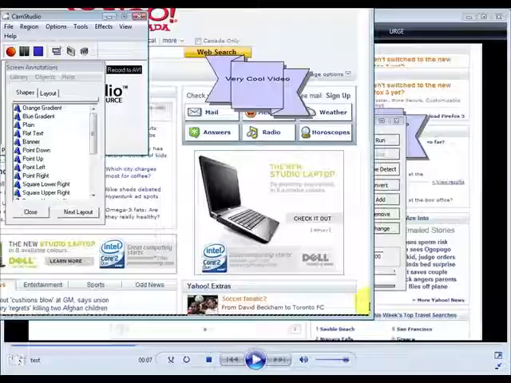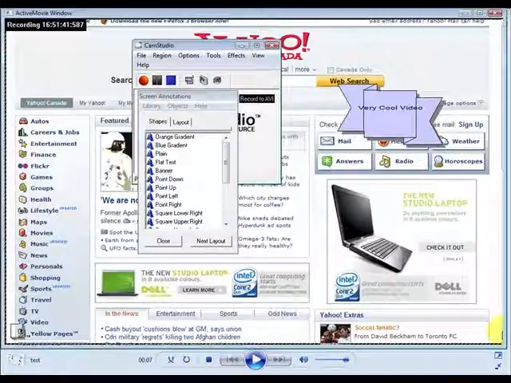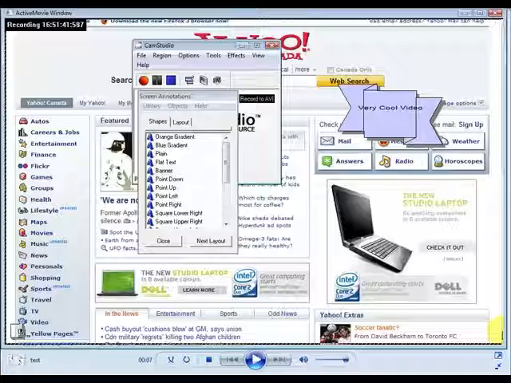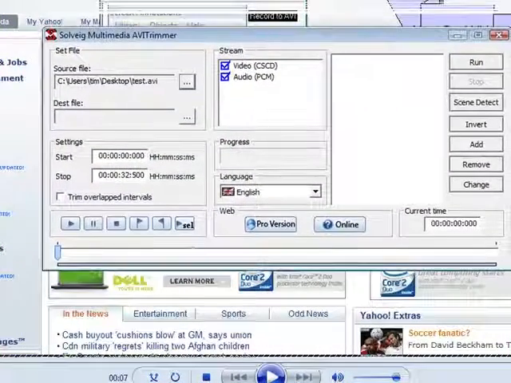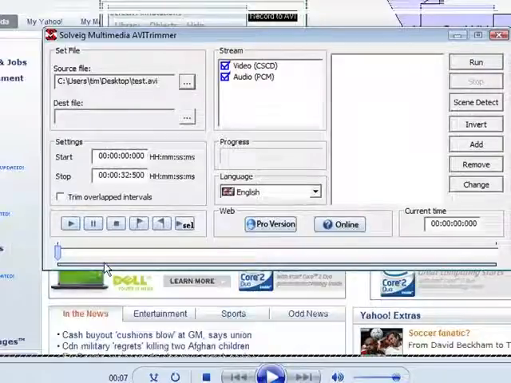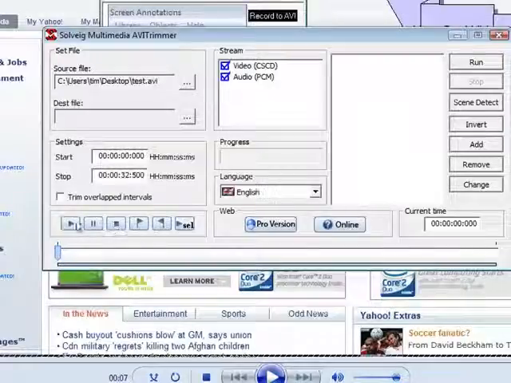Now a little player came up here. There it is. And then we have our main software window here. So what we do is where we're going to start keeping what we want, we're going to put our first marker, which we have here, and at the end of what we want to keep, we're going to put our marker there. So we'll start at the beginning and we'll play through, and if we wanted to cut out the first few seconds,